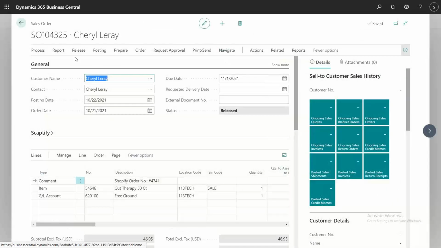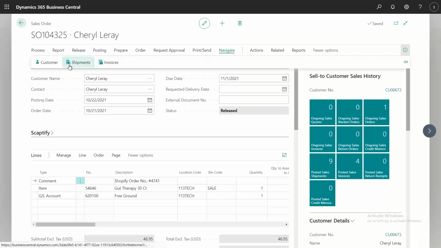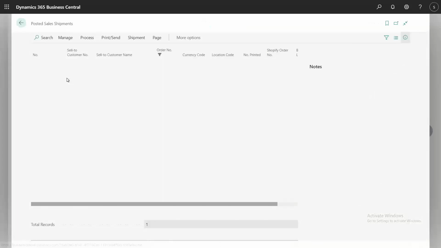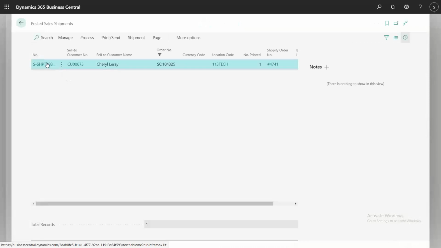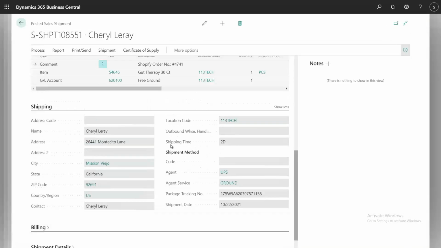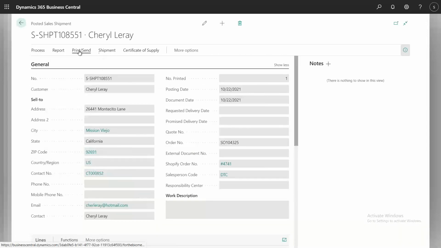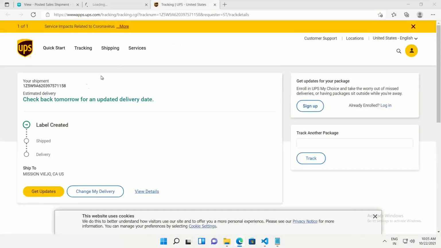And if you navigate to the shipment, the sales shipment, you can see the tracking number here as well. And if you want, you can track this as well. When you click track package, you will navigate to another screen and you can see it. So similarly, you can track at any point.